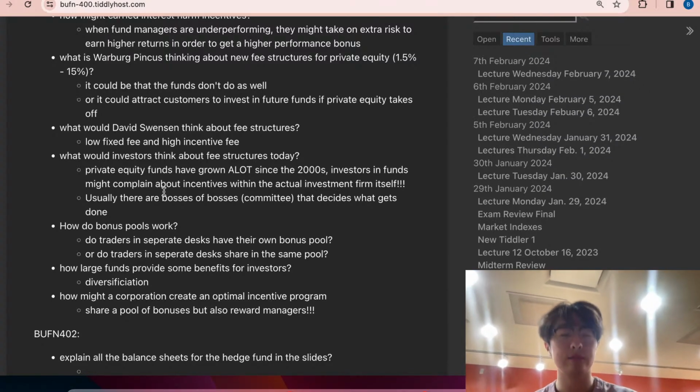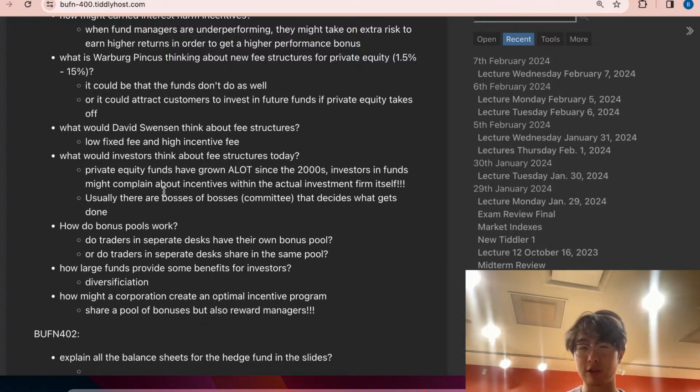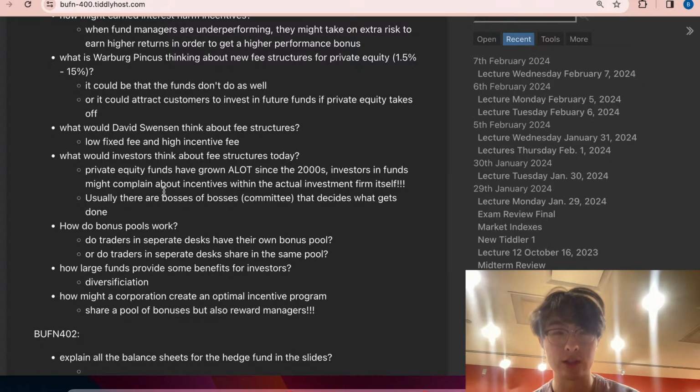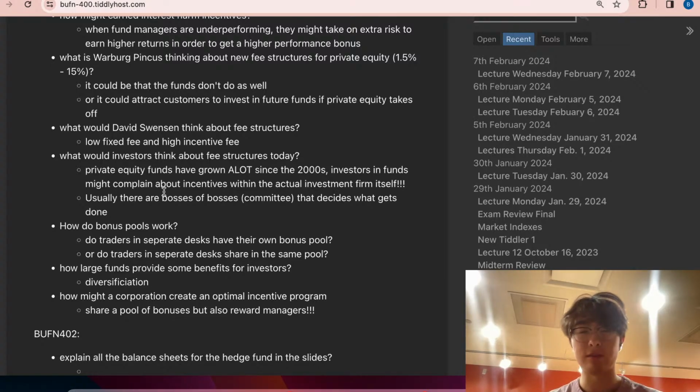And then we kind of delved into the world of bonuses and how that incentive structure might be set up within a specific firm itself. And there's an idea, okay, you have different managing directors within a private equity firm, and each of them are maybe tasked in different industries. They're specializing in, let's say, the healthcare industry versus the retail industry, or maybe even the finance industry. And these guys, they get bonuses on the carried interest. So the carried interest of the fund is funding their bonuses.